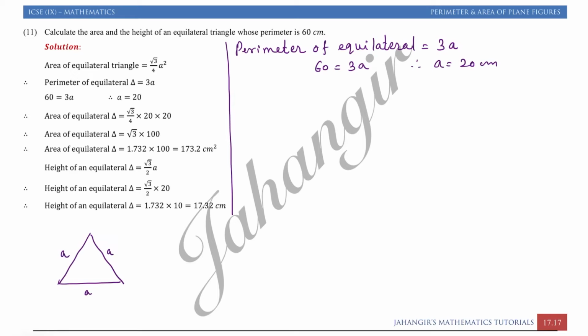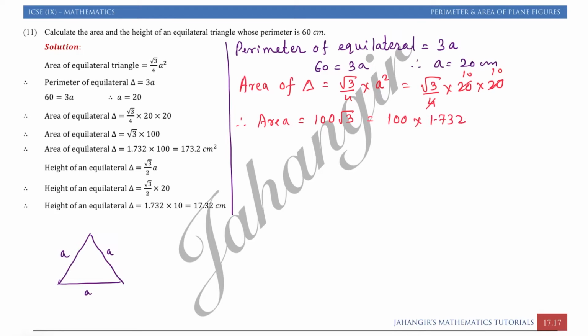So we got value of a. Now we need to find area. So area of triangle is equal to root 3 by 4 into side square. So we can just substitute value of a, that is root 3 by 4 into 20 square, that is 20 into 20. So after cancelling out, we can say area is equal to root 3, and then 10 and 10 cancelling. So 100 root 3, that is equal to 100 into